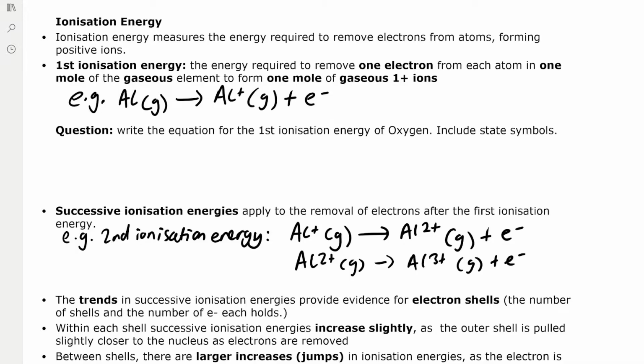So we've got a question. Write the equation for the first ionization energy of oxygen. Include state symbols. Never forget to use state symbols when you're writing the equations for ionization energy. So for oxygen, we're going to have a gaseous atom of oxygen going to oxygen 1+ gaseous and losing an